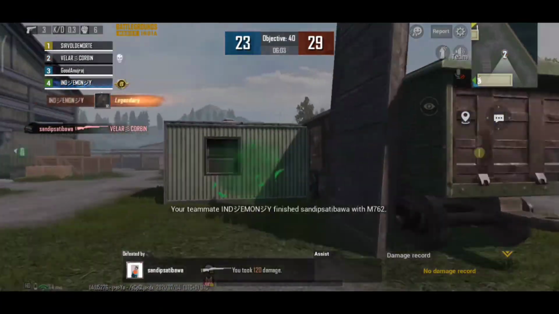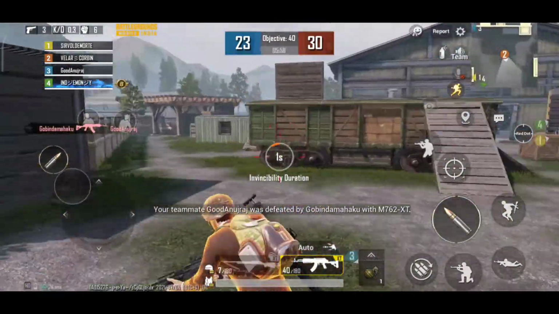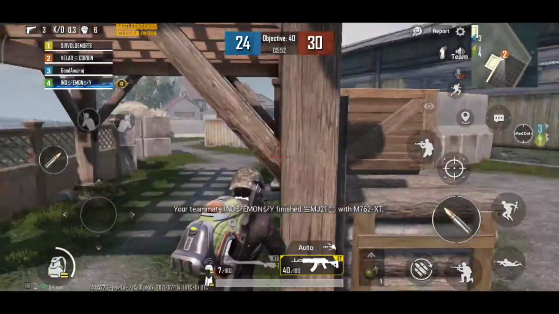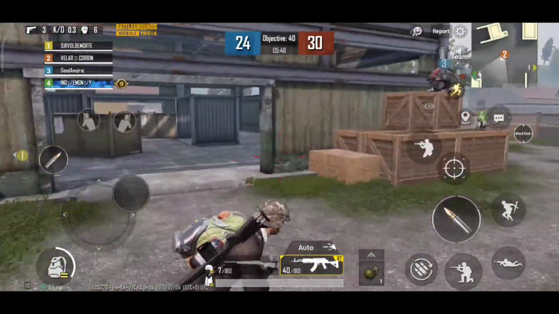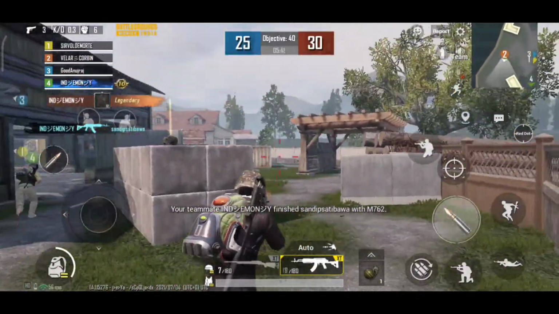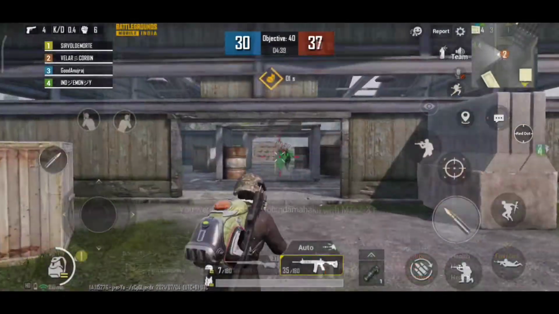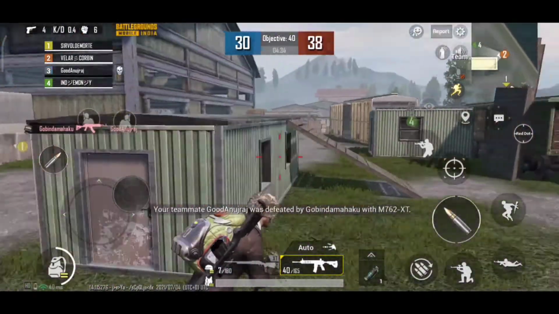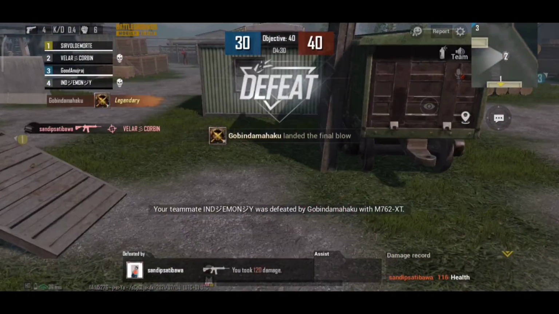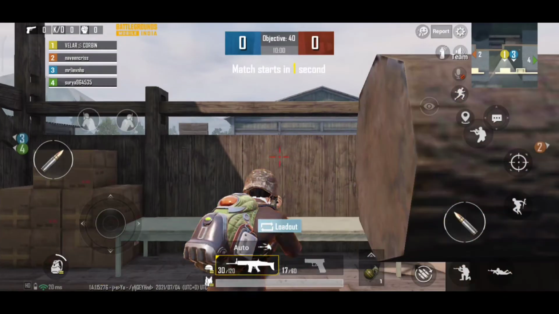And I'm playing after almost 11 months or so, as PUBG was banned almost in September 2020, so it was a bit tough for me too. So as you can see, the stability isn't even good. The ADS sensitivity, it all sucks right now. As you can see, I've been defeated, and now let me show you with the active sensitivity, which I've changed.